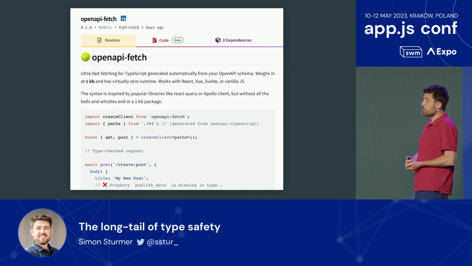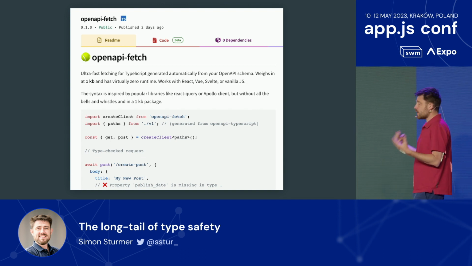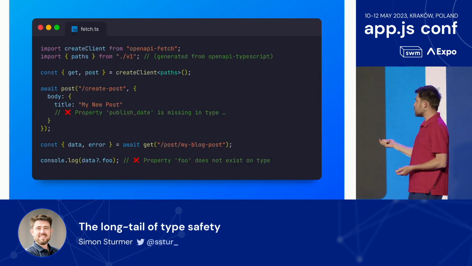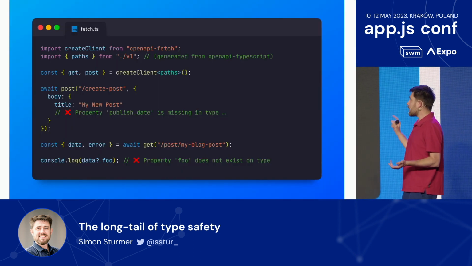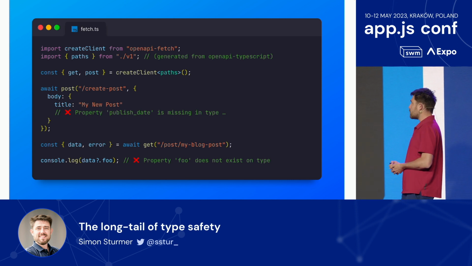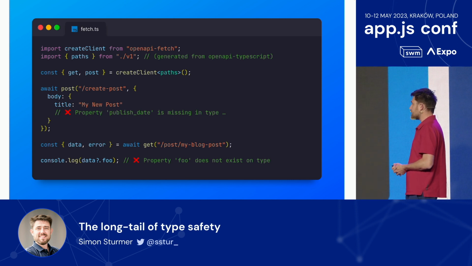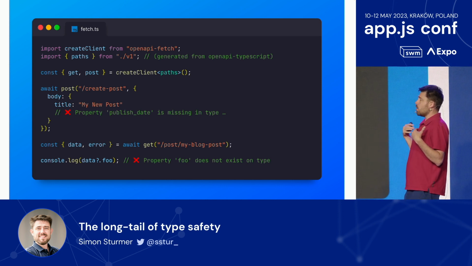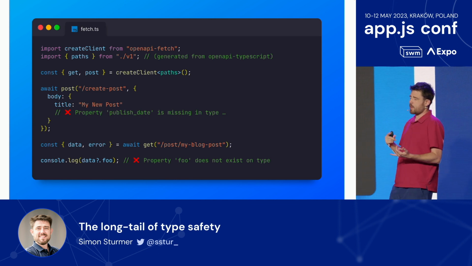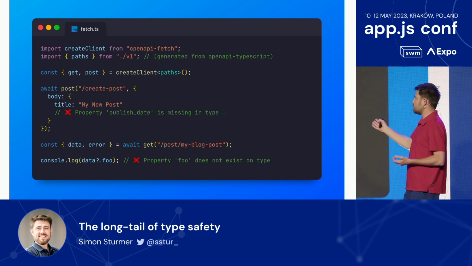Or we could take it a step further and use a fetch client that understands the generated types, and then you can just say, I'll show a better example here. Then you can just say, okay, I'm going to make a POST request, and TypeScript is now going to force you to provide the right fields that the POST request is expecting, and similarly with the data that you get back. So this is an example of where the community comes in and says, okay, we can generate types based on some specification. We can even generate an HTTP client based on that.